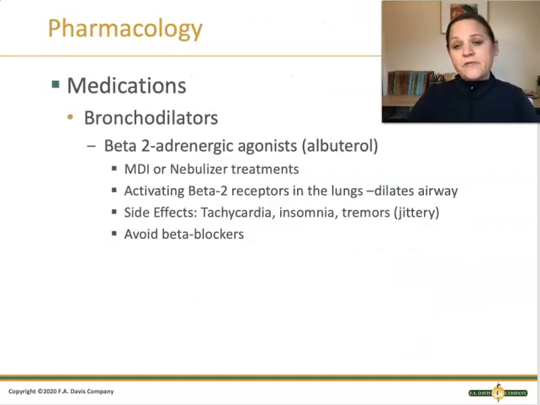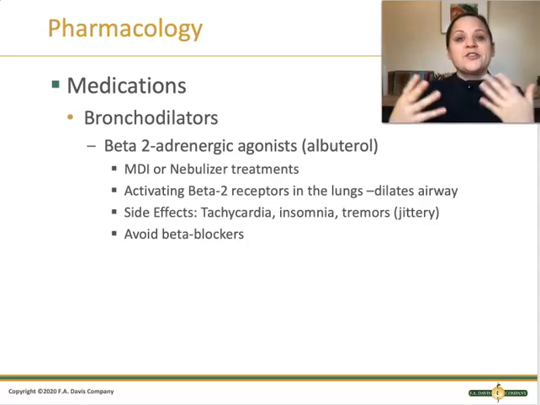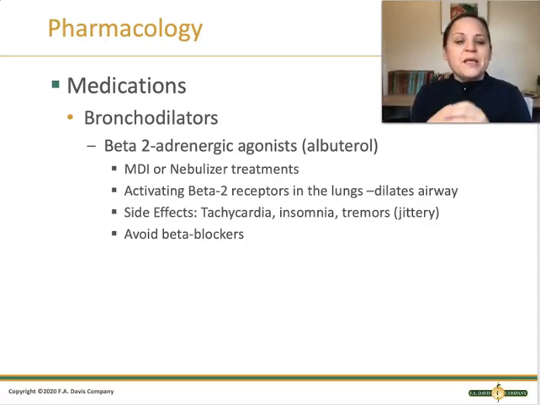Now, there are a number of medications that we use for asthma. The most common ones are going to be bronchodilators and steroids. Bronchodilators are going to open up those airways, the airways that are all constricted and closed off. We want those to get nice and big so air can move through those again. And then steroids actually reduce inflammation. And so we're going to talk about these 2 medication drug categories today.